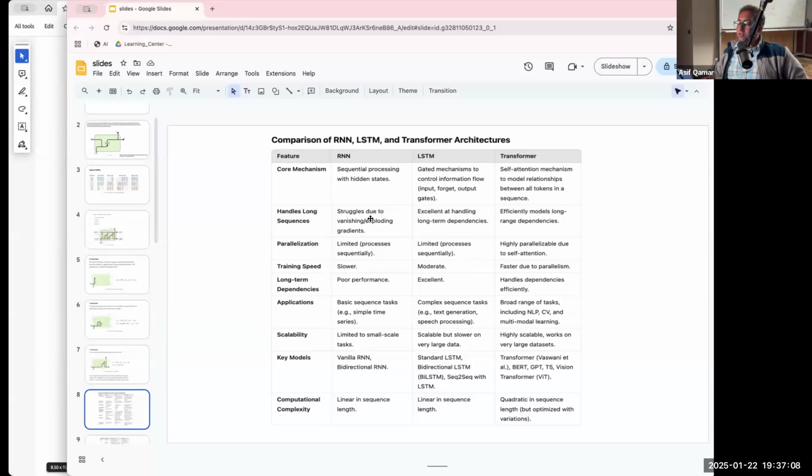Handling long sequences. See, RNN actually struggles with a large number of tokens, mainly because of vanishing or exploding gradients. What it means is, as time goes, as the sequence of input goes, it's not able to keep up the correct prediction. That is a limitation of RNN. LSTM, yes, LSTM is good in the sense that it has memory now. It's able to retain some of the things needed for predicting, or for knowing the past information in the sequence, because of the memory attribute. So it's able to do well.